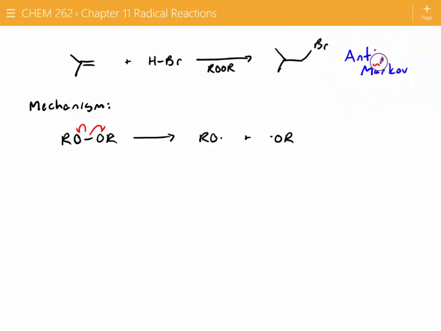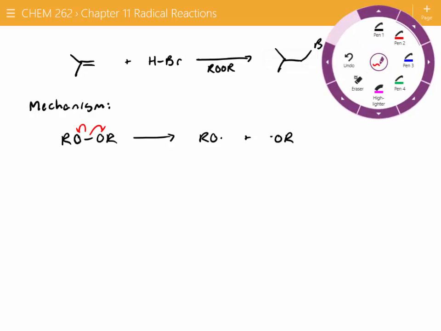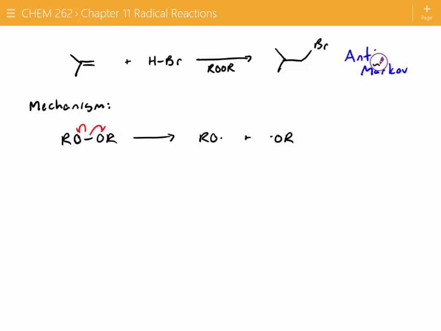So one electron gets dumped to each oxygen. And you can do this a few different ways. The covalent bond between oxygen is so weak that typically all you need is heat. You don't need to apply UV light. So we'll just put the delta symbol under there. And then the next step is, now that we have a radical,